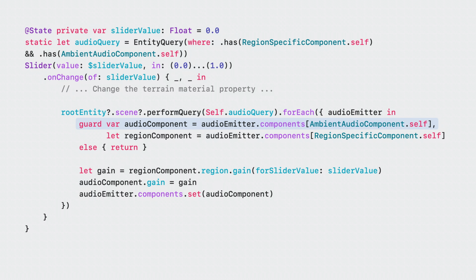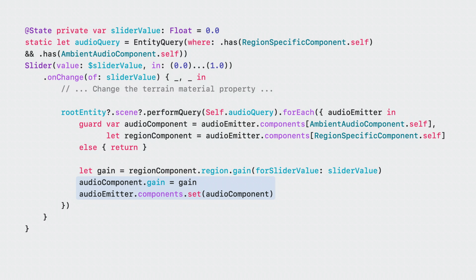We get a mutable copy of our audio component because we're going to change it and store it back onto our entity. We call a function that calculates what the gain should be given a region and a slider value. We set the gain value onto the ambient audio component, and then we store that component back onto the entity.